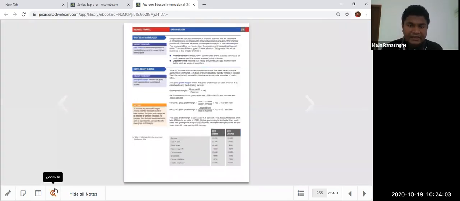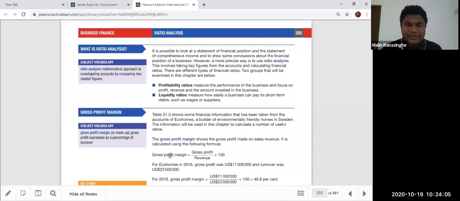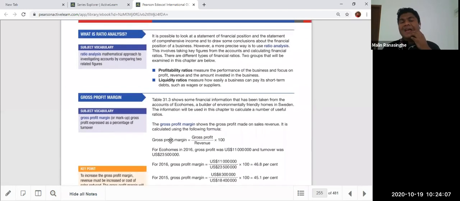You can see there are different kinds of ratios, profitability and liquidity. So at your level, IGCSE, we are going to mainly focus on two profitability ratios, including one ROC, so altogether three profitability or performance ratios, and then another two liquidity ratios. Altogether, five ratios you have to memorize. This is our IGCSE level.